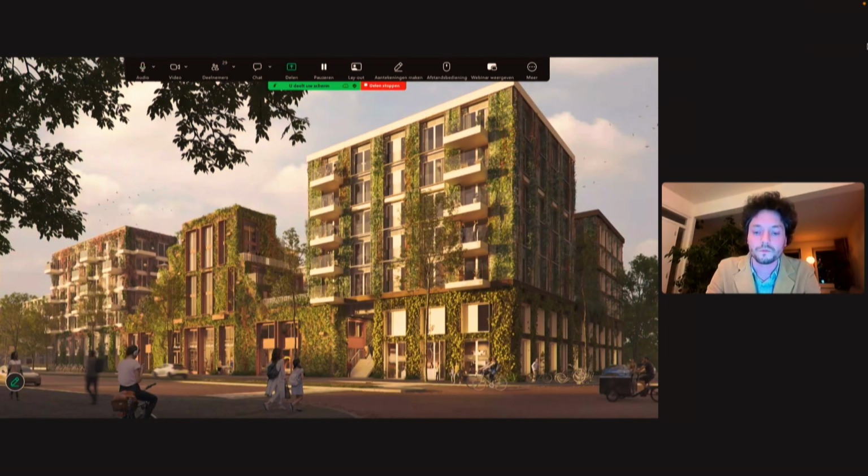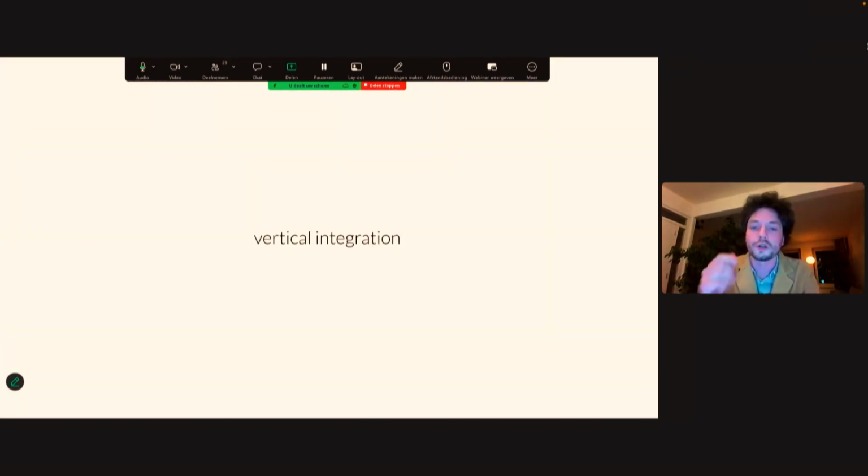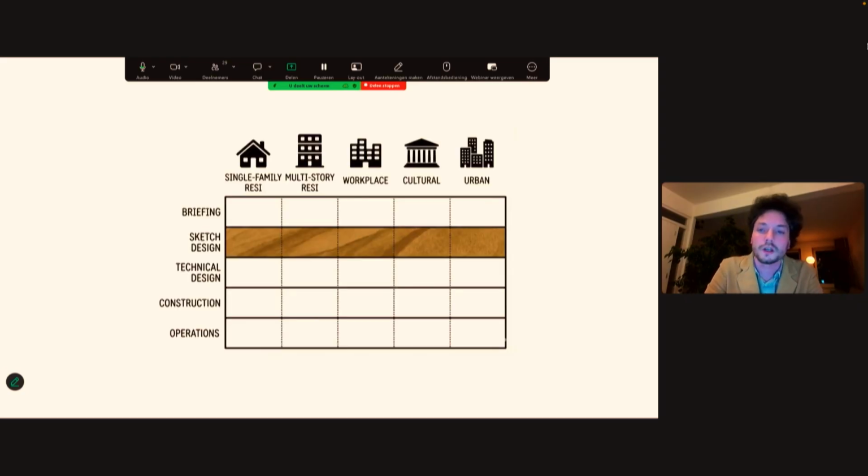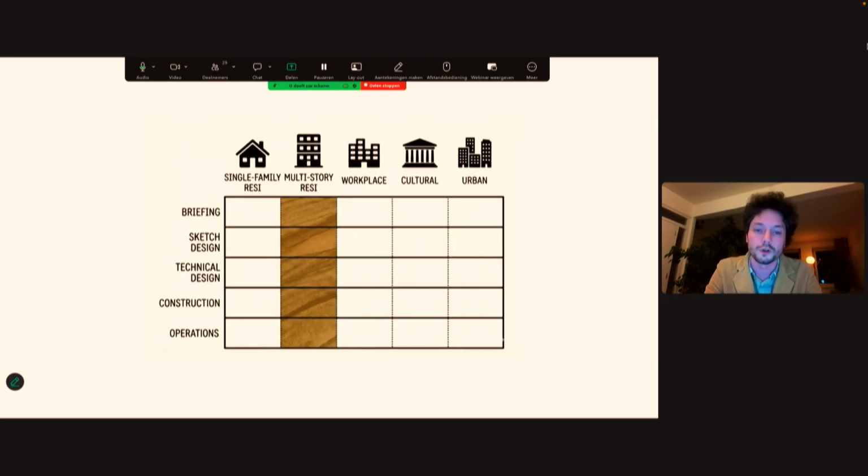So now, the last pillar there is vertical integration. Basically, most software is horizontal software, right? You've got your briefing, and you've got software for sketch design, for technical design, for your construction, for your ERP, etc. And what we think we can improve is by doing that fully vertically.